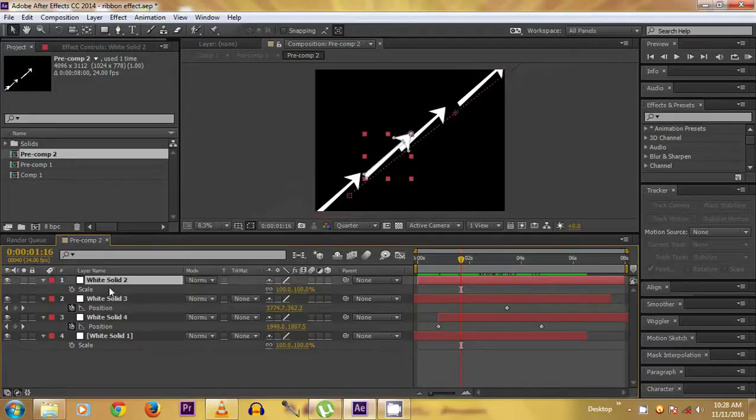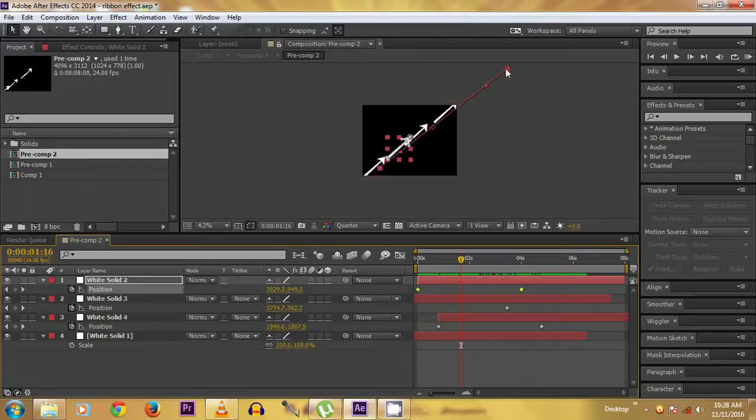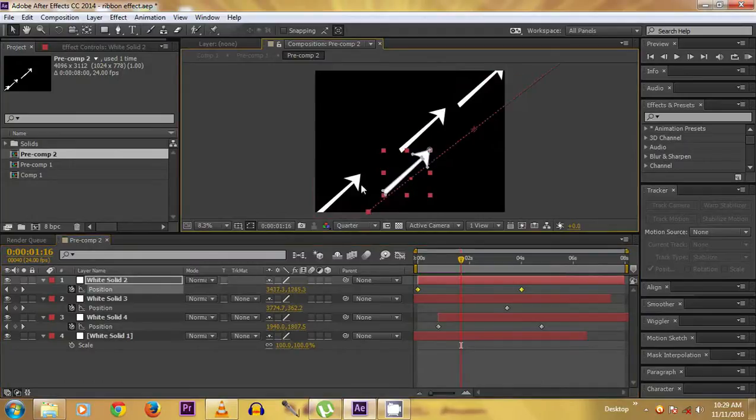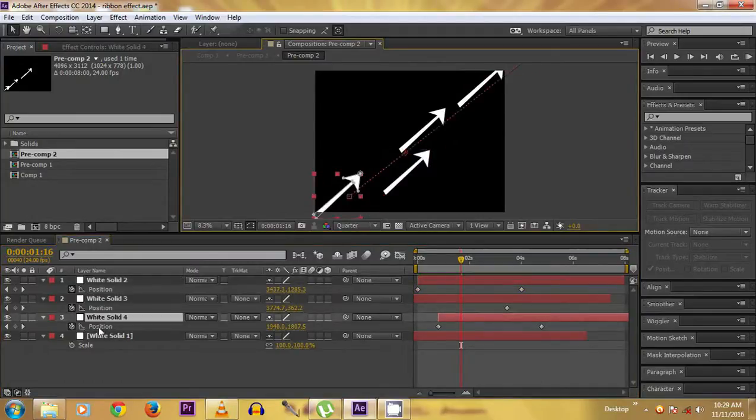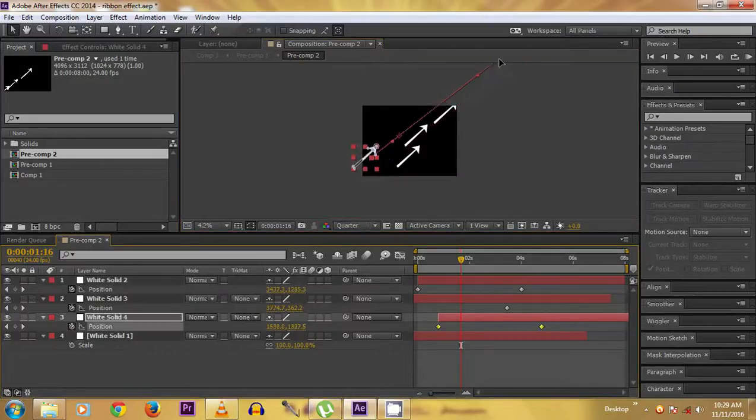Now select a solid, then press P, select the position, then move it a little bit right or left. Do the same for the other solids.